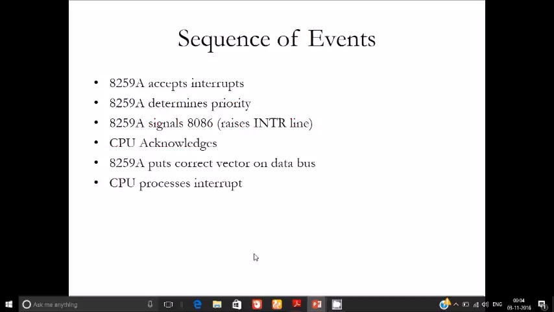Now the sequence of events: the 8259A accepts interrupts and determines their priority, like which will come first and which next. It then signals the CPU by raising the INTR line, the CPU acknowledges, the 8259A puts the correct vector on the bus, and the CPU processes the interrupt.